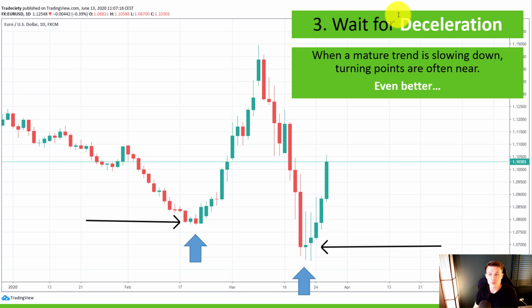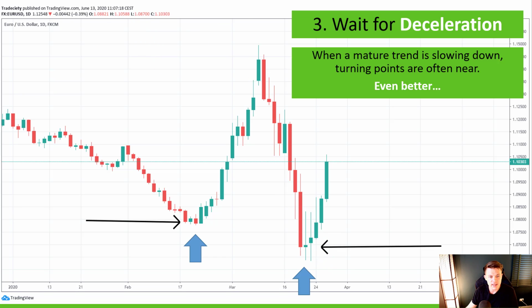So when the market is moving into a specific trend line, into a support level, look for this behavior. Look for the market slowing down at the trend line, and then look for the market accelerating away. You will often find that this is how the market is reacting at turning points, and it can really enhance